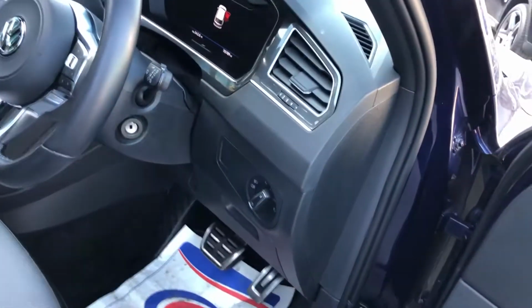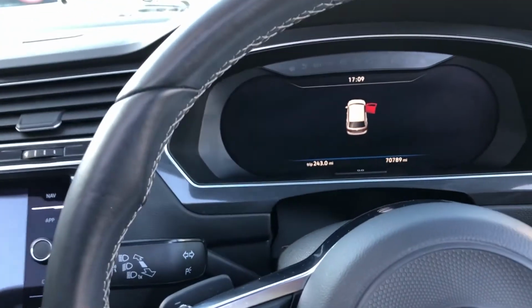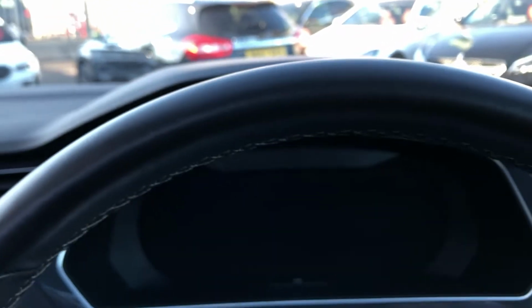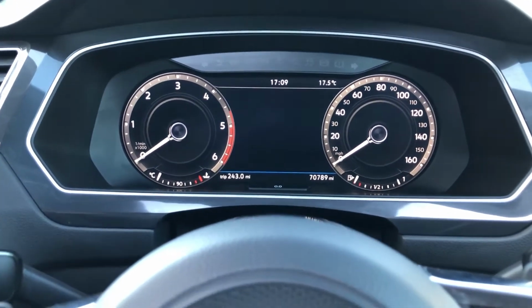Now getting into the Tiguan is very easy because it's got a real nice ride position and a real nice height to it, but you can also see that there's no problems in terms of visibility because there's nothing in your line of view. So what model is that they're just really taking into account where the driver's focus needs to be,